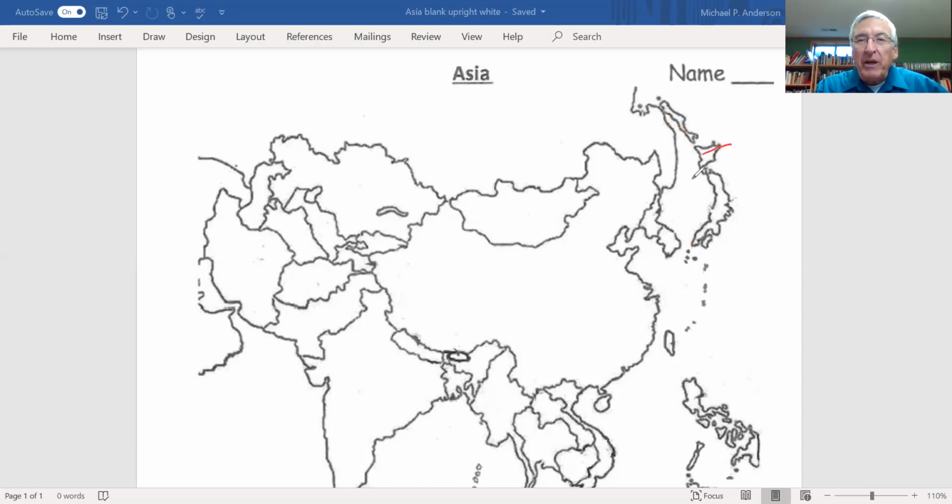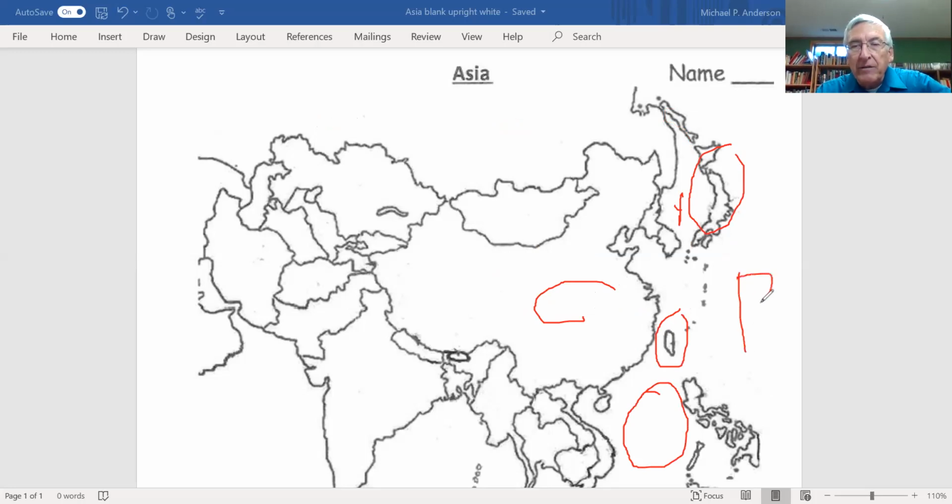Okay, so up here we have Japan, here we have China, here we have Taiwan. We have the Sea of Japan right here. Anybody remember this sea? Yep, South China Sea, because it's south of China. What's this big ocean over here? Yep, that's the Pacific. And here's the Indian down here, and actually this is considered the Indian over here too. All right, let's pull up some notes, and we'll talk about these three countries, Japan, China, and Taiwan.